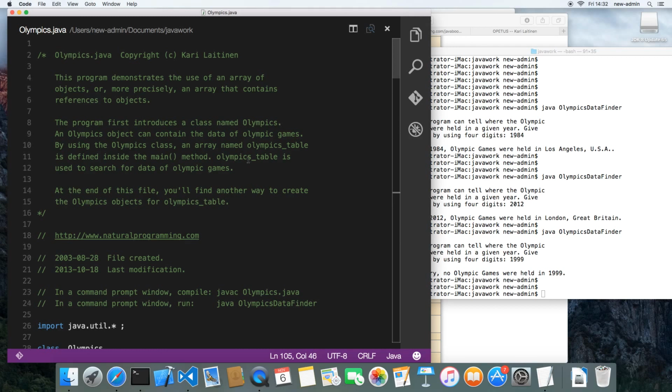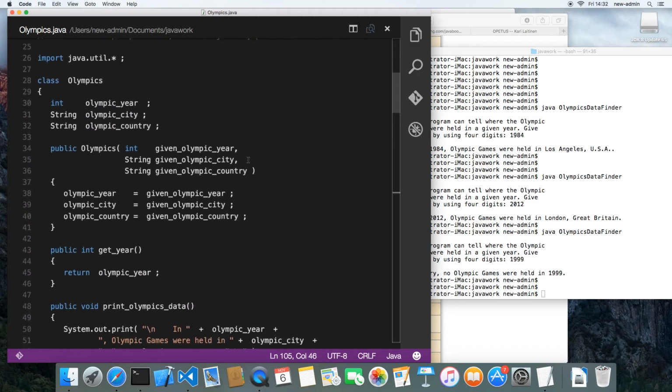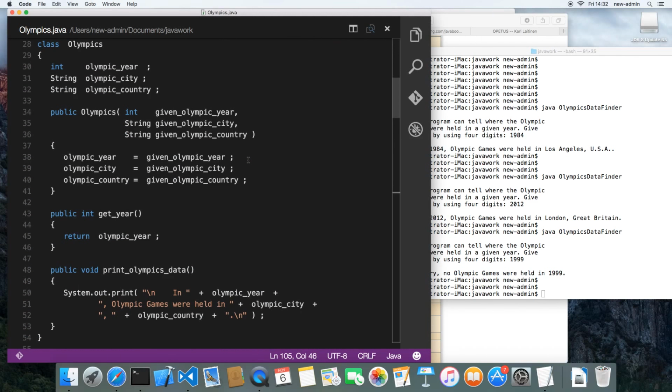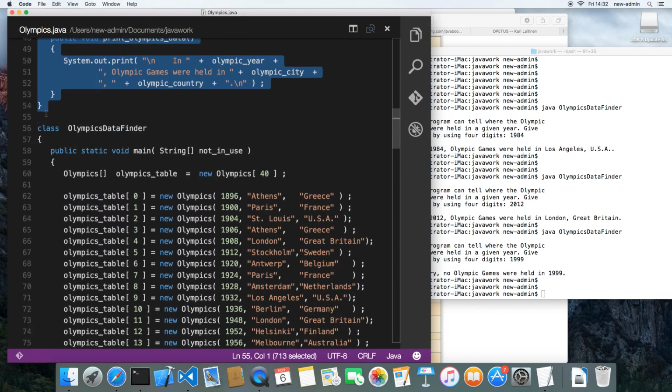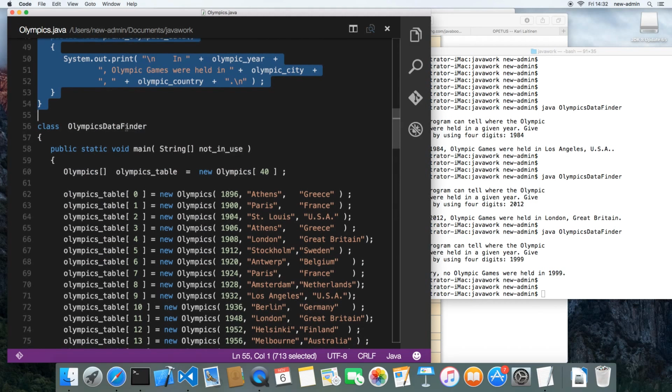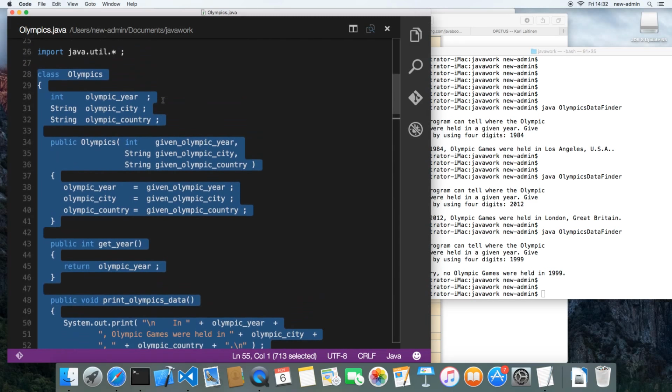So there are again some comments at the beginning of the file, but here you will find the actual class. So here is a class Olympics. And then there is another class called Olympics data finder, and this is just another class that contains the main method. And in this Olympics class